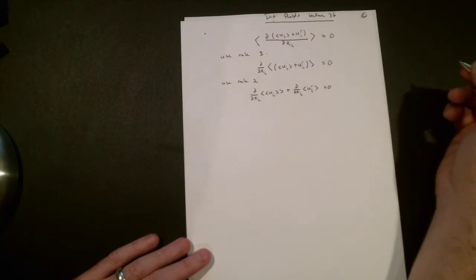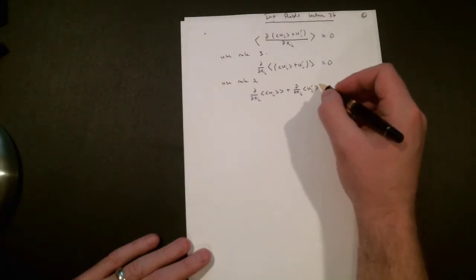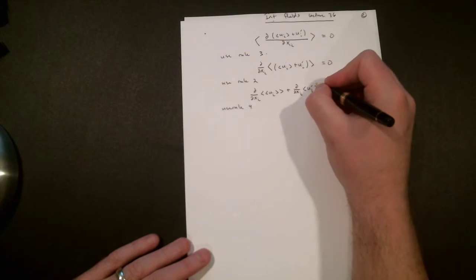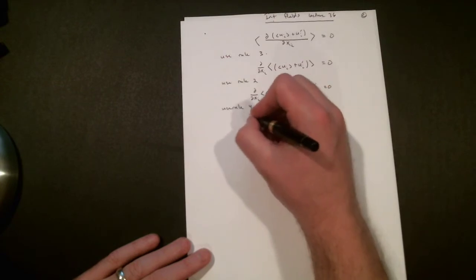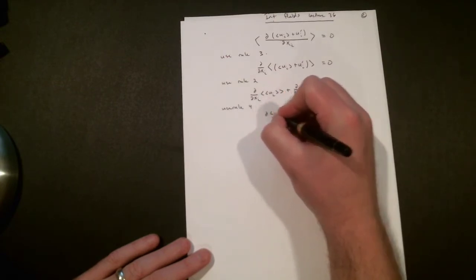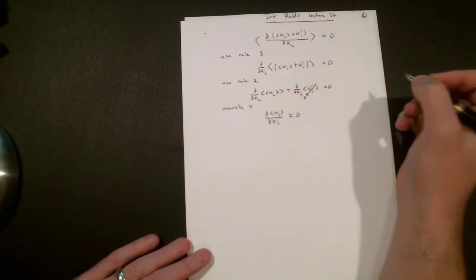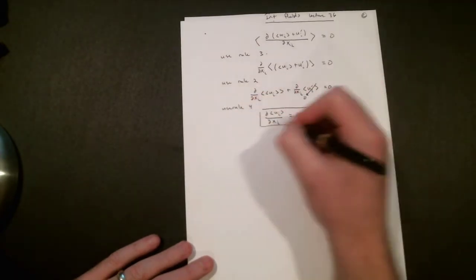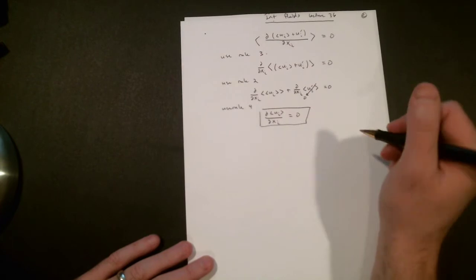So now, if we use Rule 4, which says that the average of the deviations is 0, that says that this term is 0, because the average of the fluctuation is 0, and we know that the average of the average is the average. So with Rule 4, we're left with the partial derivative of the average u_i with respect to x_i equal to 0. Or if we want to sum it up, our Reynolds averaged conservation of mass says that the conservation of mass holds for the average just as it holds for the instantaneous.